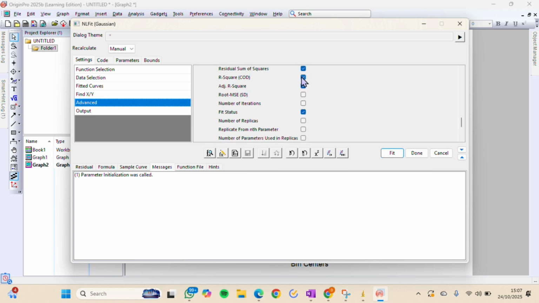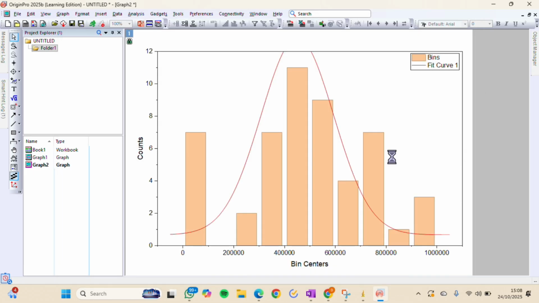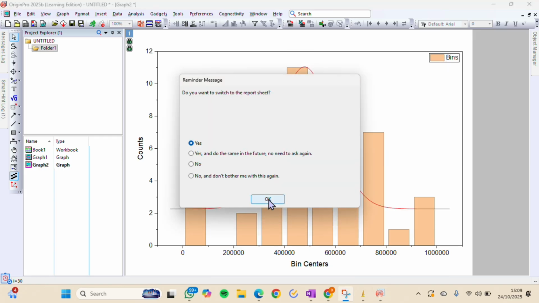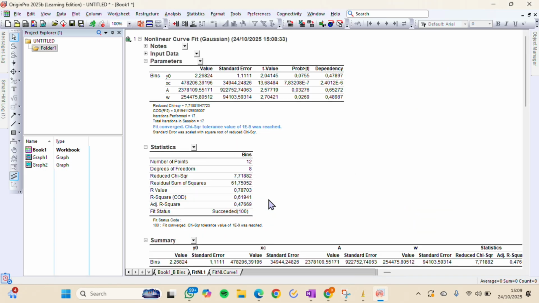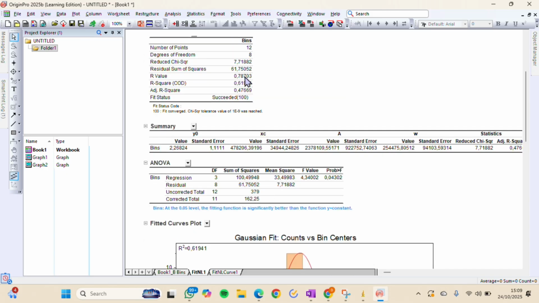After this, we click fit, and then okay. After that, we get the result, the data, and ensure the R square value is close to 1 to confirm good fitting accuracy.